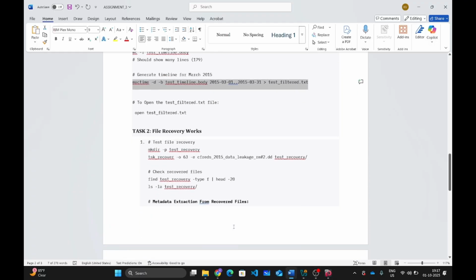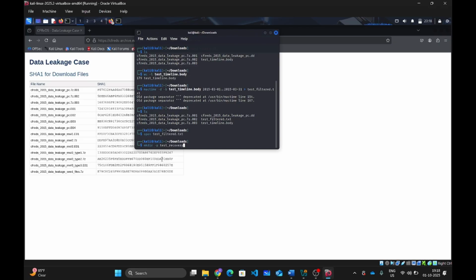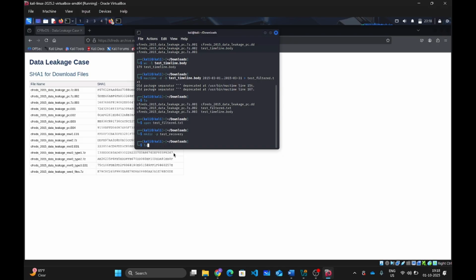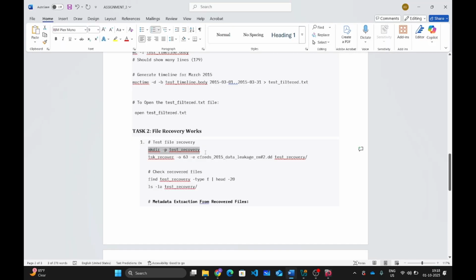Next, let's proceed with task 2, that is file recovery. For this task, we are first creating a directory called test_recovery. So we have created the directory test_recovery, and after creating the directory, next we use this command, tsk_recover with offset 63,